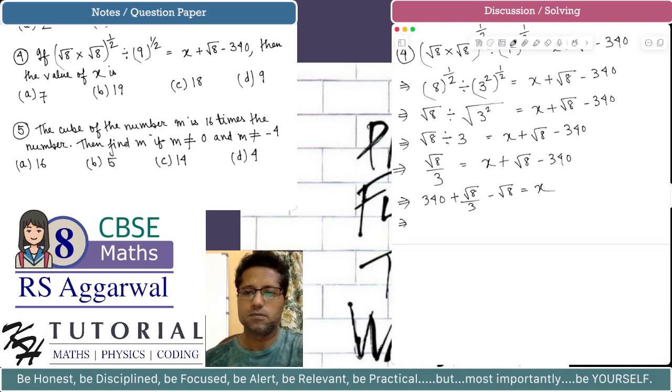This implies square root of 8. I think when the value of x is